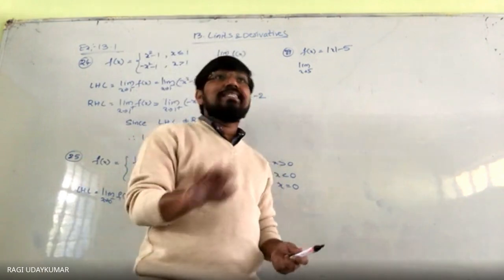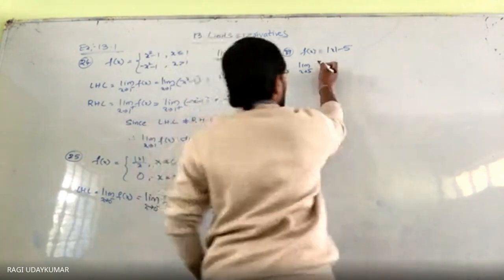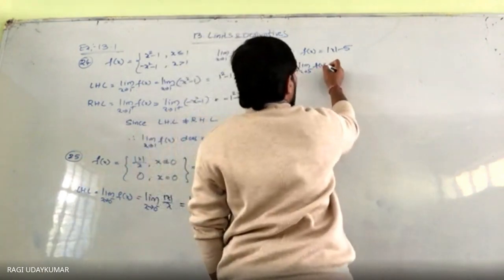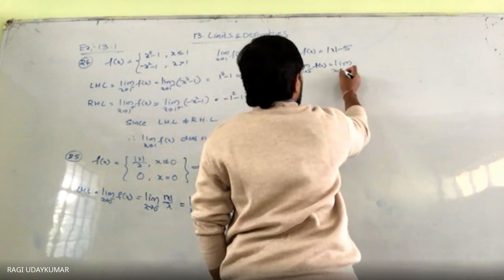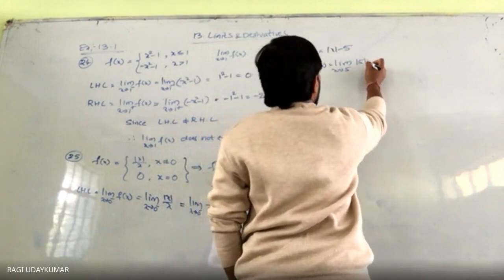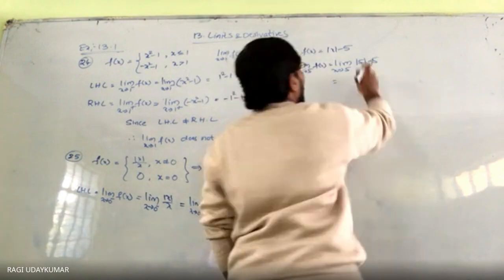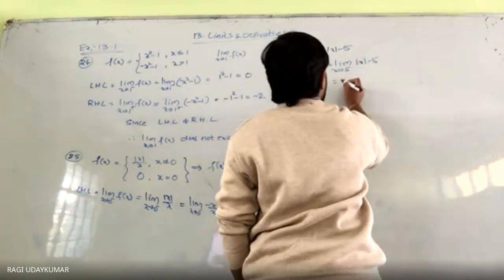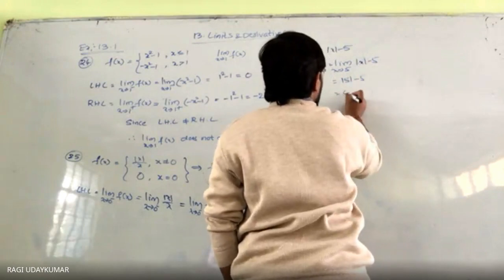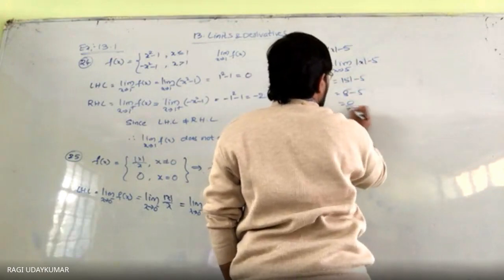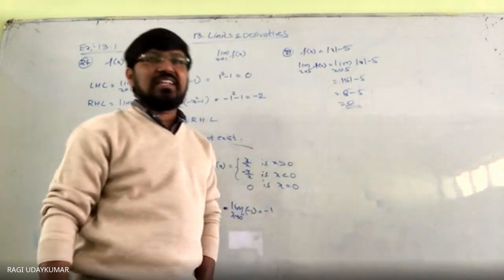But if the question is given to you instead of the modulus, here in this situation the limit as x tends to 5 is given. Mod 5 minus 5 is nothing but 0. So actually, the function should be taken as this one. So mod 5 minus 5 which is equals to 5 minus 5 which is equals to 0. Final solution. No need of left hand limit and right hand limit.